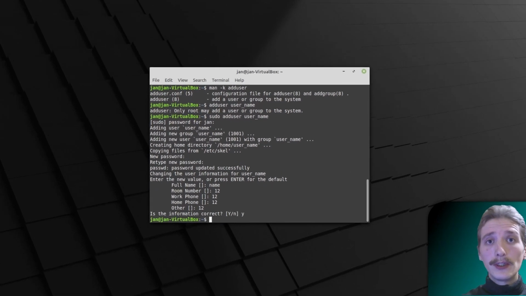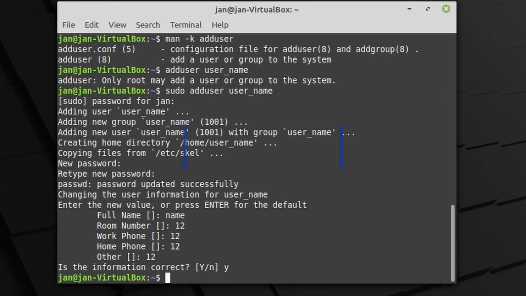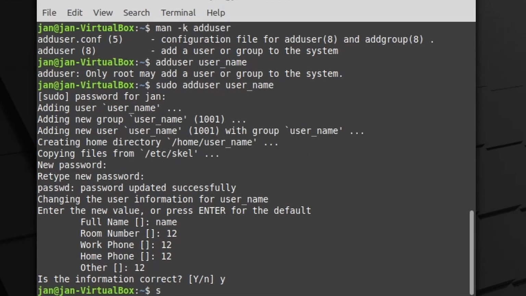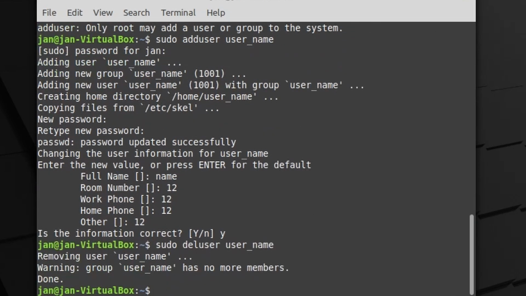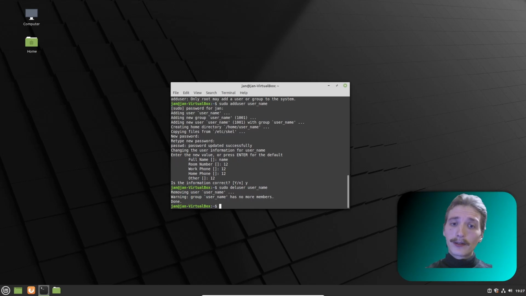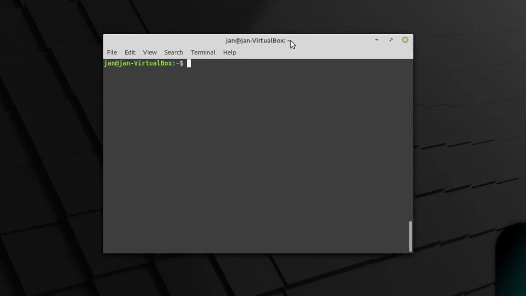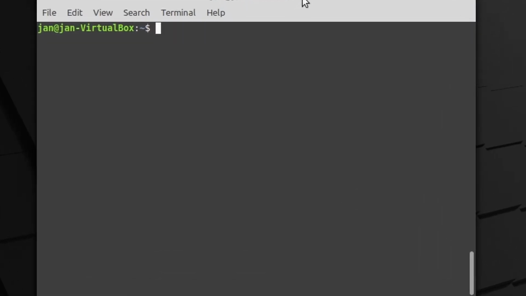If you want to delete a user, you can use the command sudo deluser and then the username. And as you can see, this command deleted the user. If you want to create a user without a specific group, you can do it as well with the following command: